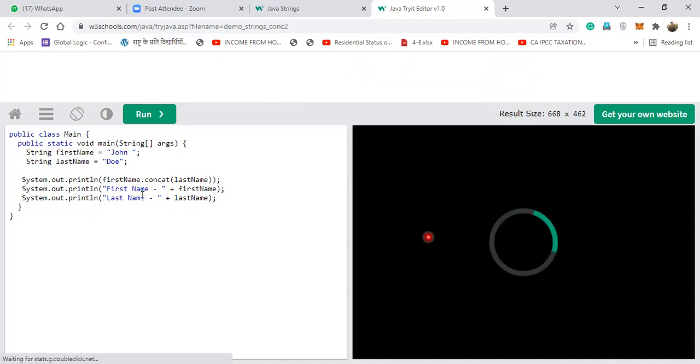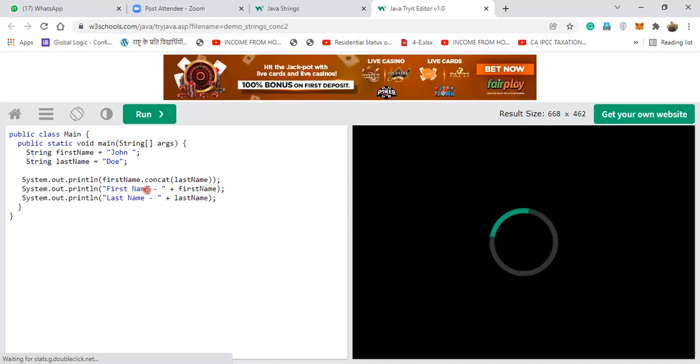You know, after the first name the last name gets added, so that value exists along with the first name. It actually adds. See, here the first name was John and the last name is Doe, so here it is John Doe. So System.out.println, first name, and you have concatenated the names, so it goes like first name dot concat last name. So first name and last name are being combined.